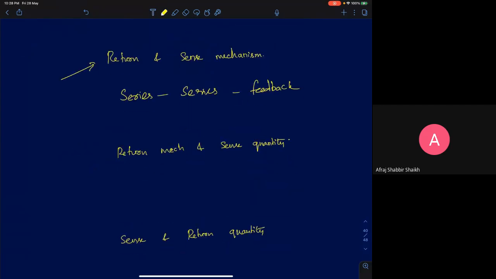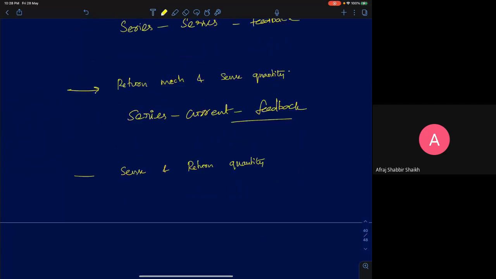Now we'll use the other naming convention here. The return mechanism here is again series. That's the same as the previous example. But the sense quantity of interest, which is the output quantity which we are sensing, is current. So this is a series current feedback amplifier.